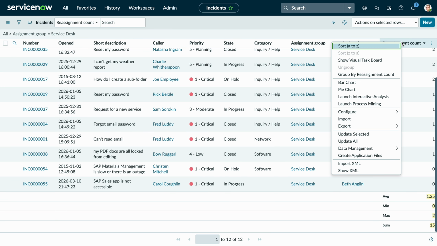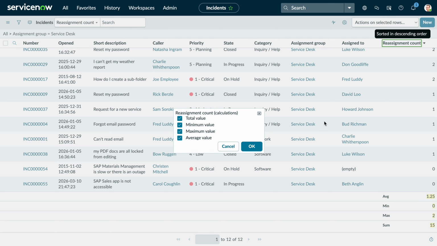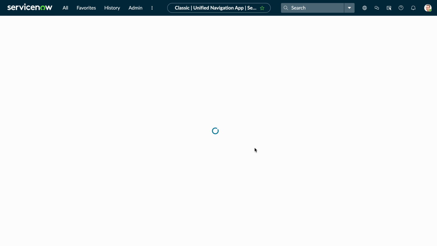Very simple. We're going to right click on the numeric field, so reassignment count, go to configure, list calculations, and here you can select which ones to show: total, minimum, maximum, average. These are the four choices you have, the out of the box ones you get. So I can untick these, so I'm just going to have a total value to showcase this. Essentially what it will do now, once it reloads,